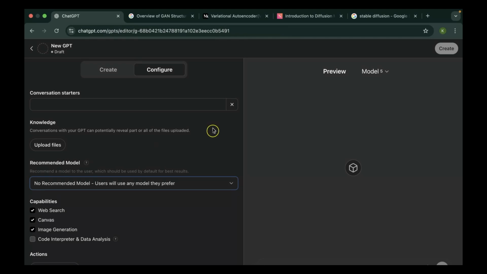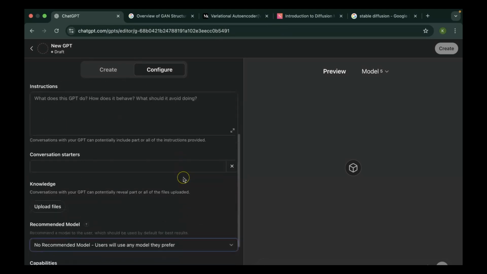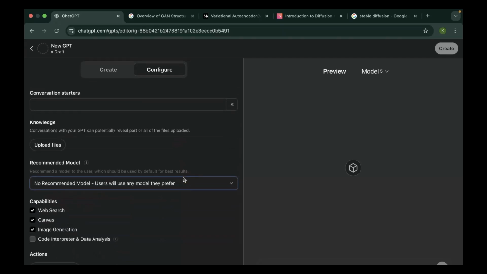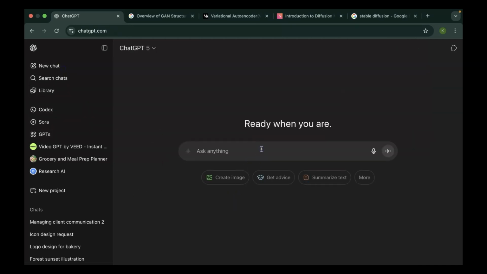If you have the Plus version, then yes, you can go ahead and create your own custom GPT, and it is actually really nice. So what I'm going to do is create a Sherlock Holmes GPT. Let's see how I can do that. I'm going to go back first. Well, there are capabilities as well, but we are going to check this out later. So let me go back, and here I am, not on custom GPTs. I need to open a new chat, and I'll just click here on the new chat